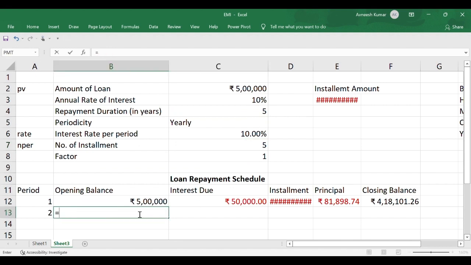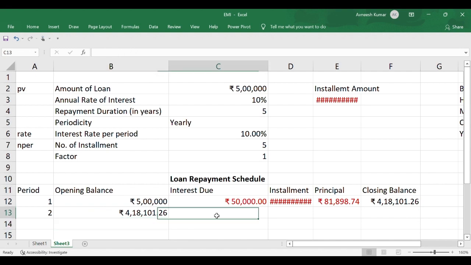So here we use enter if, then if this cell is equal to blank, then this cell is also blank, otherwise this should give the output of this closing balance. So here we get this interest due would be equal to